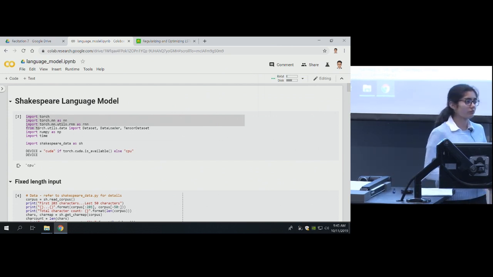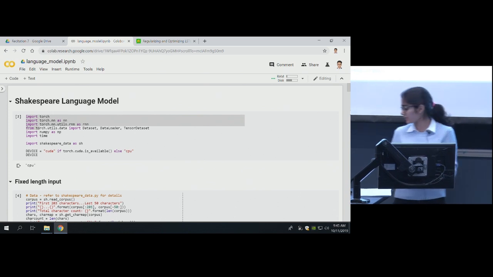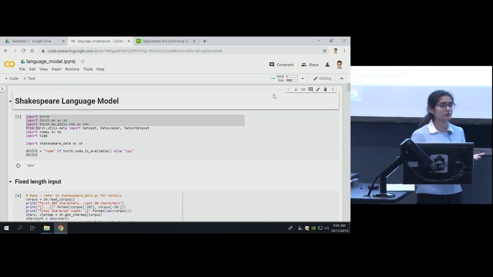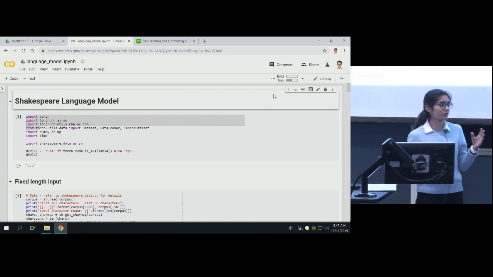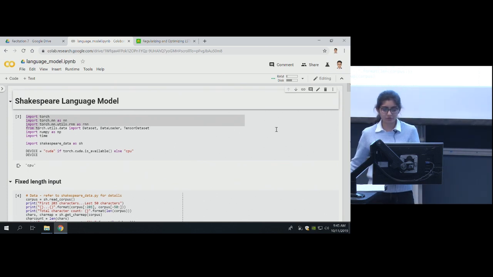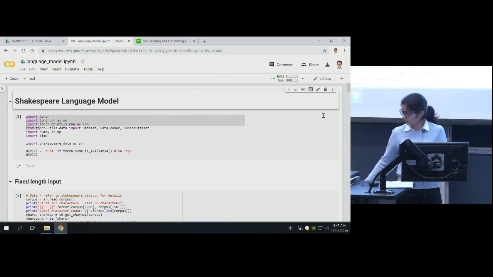Okay, so we'll go over some of the implementation basics of RNNs. We'll be looking at LSTMs being used for a fixed length model, like Carnegie mentioned, and then also using packed sequences for variable length inputs. So we have a text corpus here, and all of this will be available on the website after the recitation,